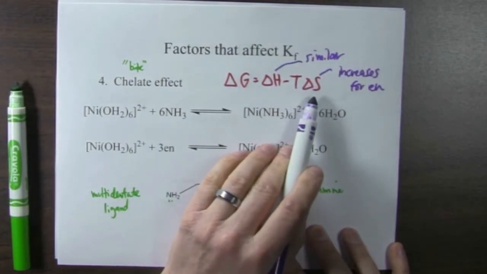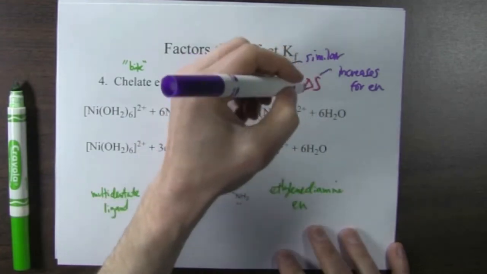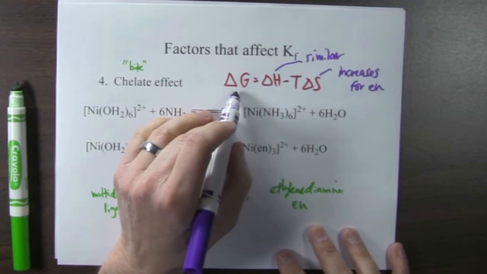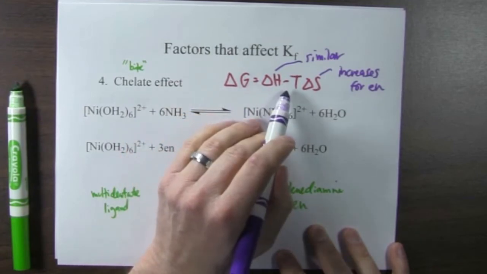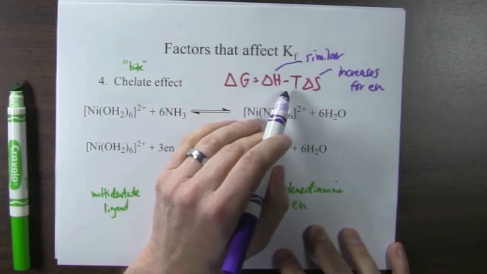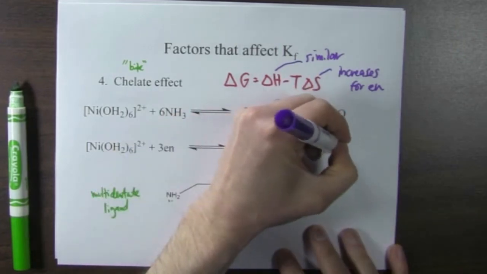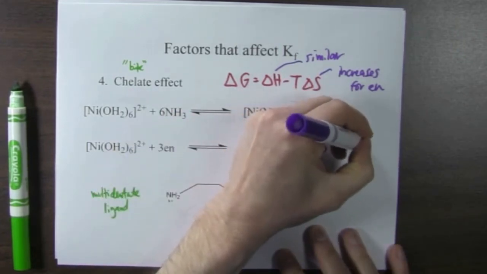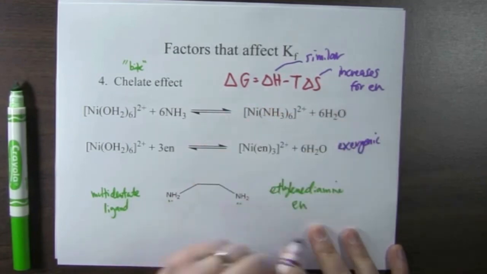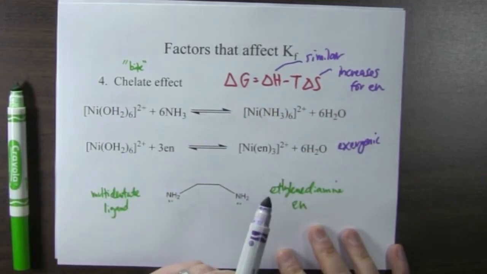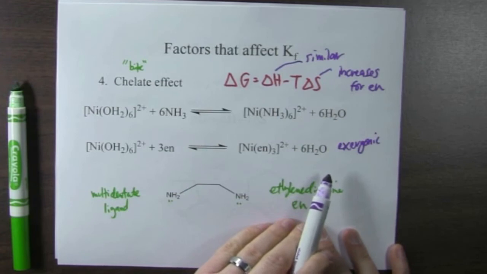If entropy increases, change in entropy is positive, then delta G gets more negative. Delta G more negative is exergonic. It's more favored. More exergonic. The products are more favored,